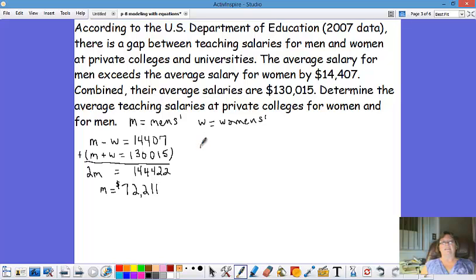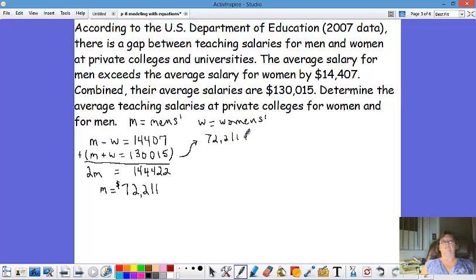That gives us enough information, folks, to find the women's salary because, well, we could do it in one of two ways. I know that men minus women is supposed to be 14,407, or if I add them together I should get 130,015. I think I'm going to use that equation, and what I'm going to do is put what I know is true for the men's salary in there. So